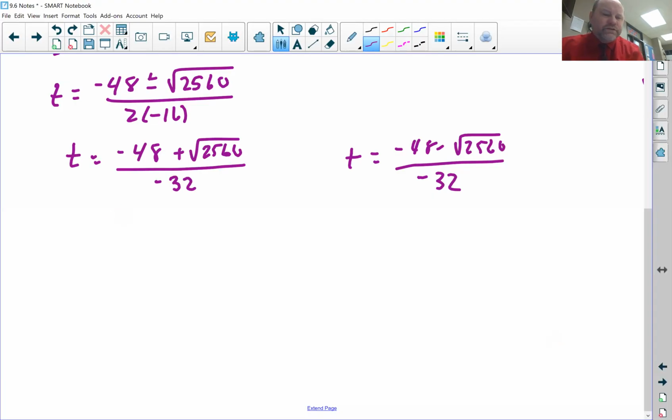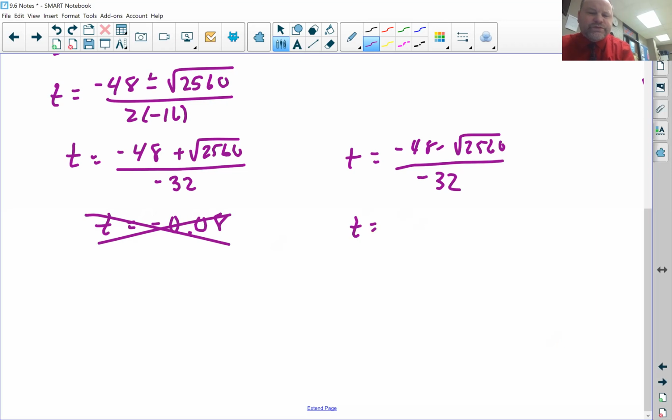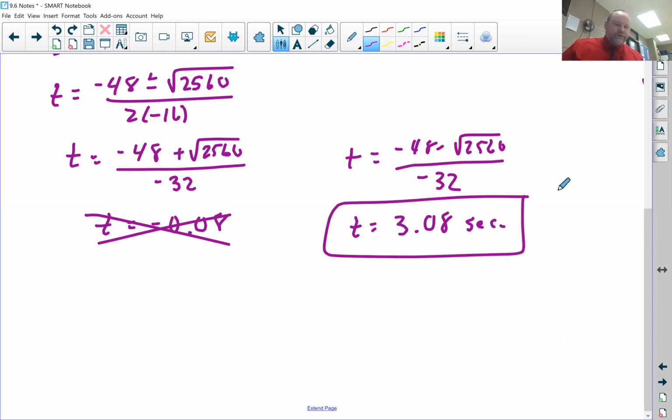So t can be negative 0.08, and we ignore that one because it's negative. 3.08 seconds after the ball is hit, it hits the ground. All right, so we will